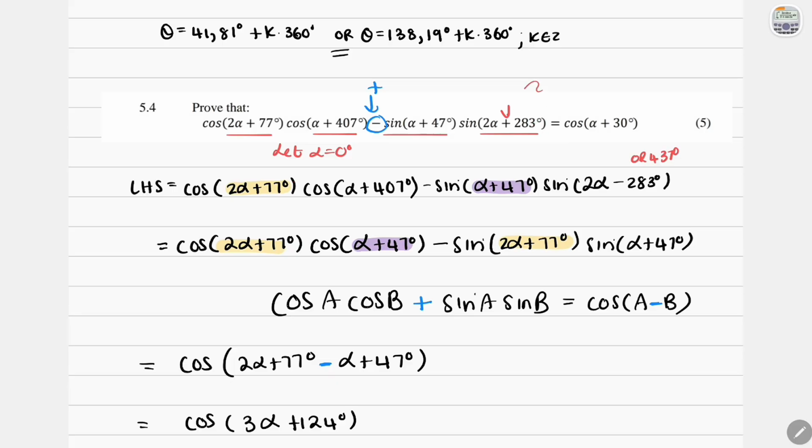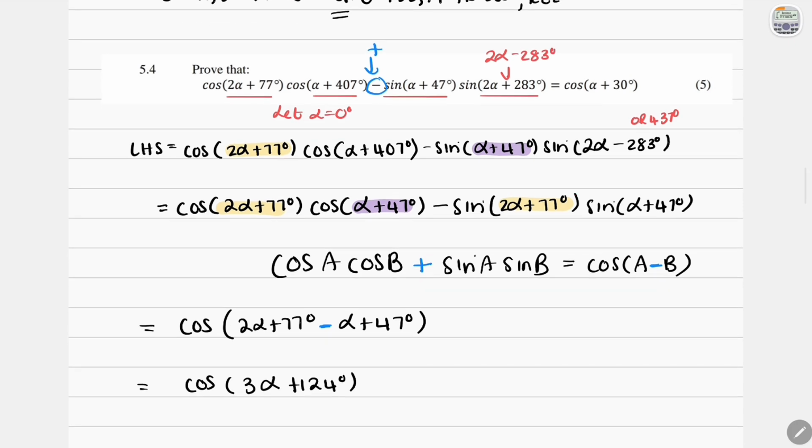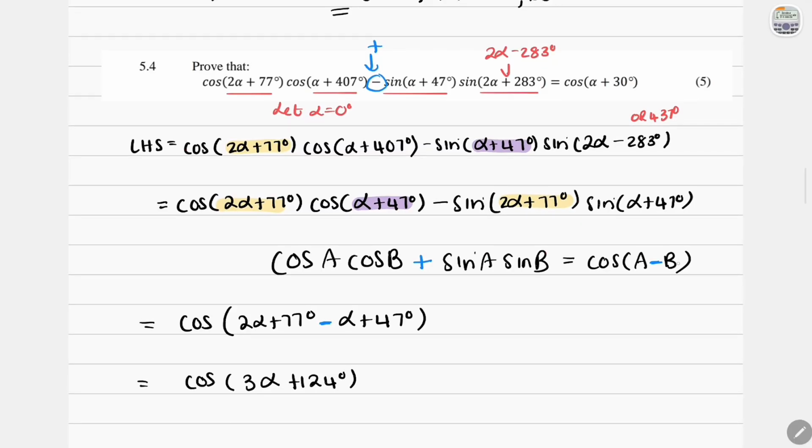So that would be the two things that you could adjust. You could adjust this angle by making this 2 alpha minus 283 degrees. And then you could also just adjust that. And then you'll see that it will actually work out. So if we did that and we change that to a plus instead, just change it to a plus all through. If this is plus, then you see that we're going to get to this point where we say